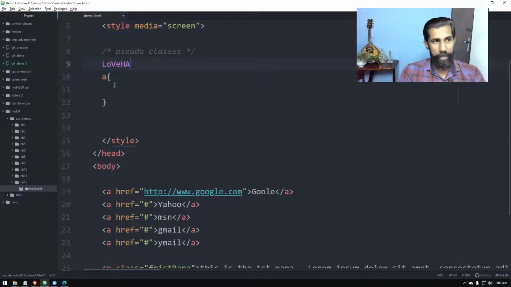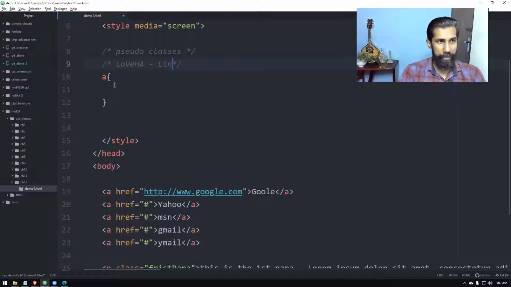So I think you can refer to this word. It's easy to remember: LoVe HAte, right? So you can remember it like this. There's an order that we remember the pseudo classes, like I taught you once, trouble to remember top right, bottom left. So you can use this word. So this refers to the pseudo classes.